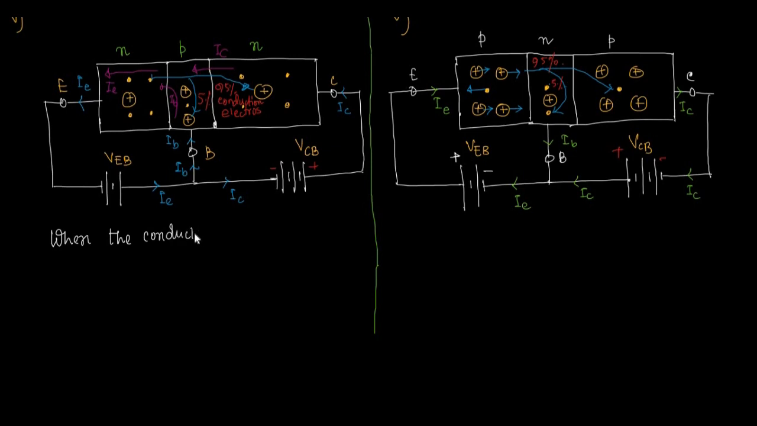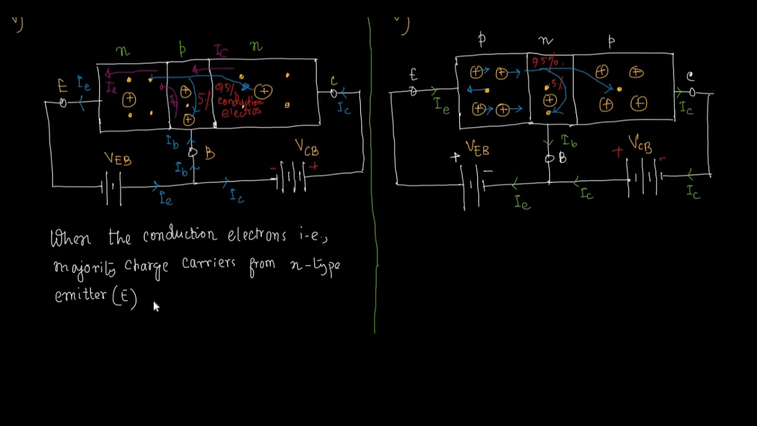When the conduction electrons, which are denoted by dot, that is the majority charge carriers migrating from n-type emitter, under bracket capital E, migrate into p-type base, under bracket B,